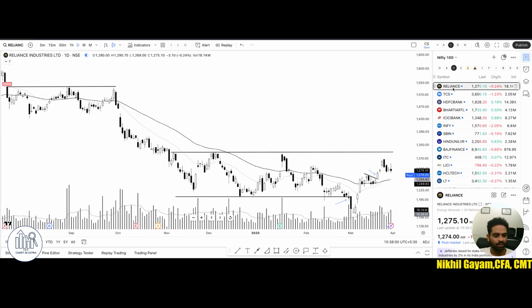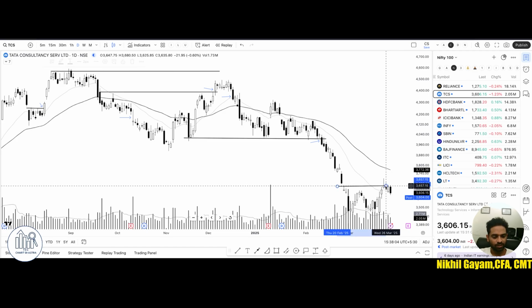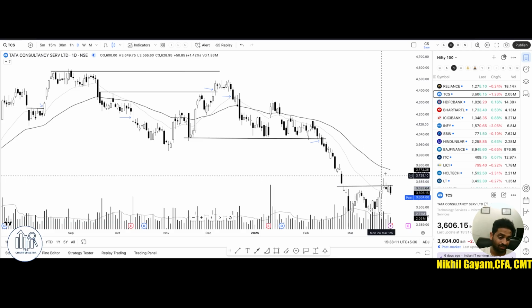As you can see here, right? Reliance is taking a little bit of a break here. TCS again probably trying to go down, got rejected here again. That's a bit important support zone and the resistance zone, which is now